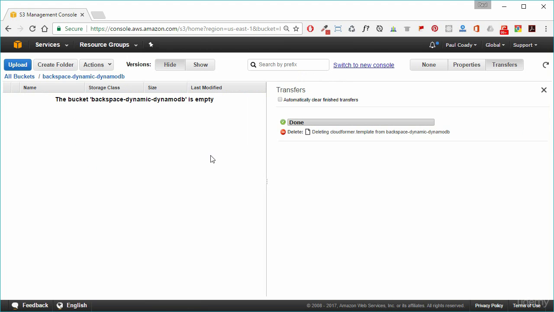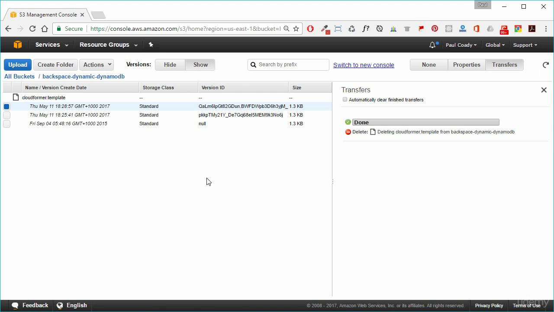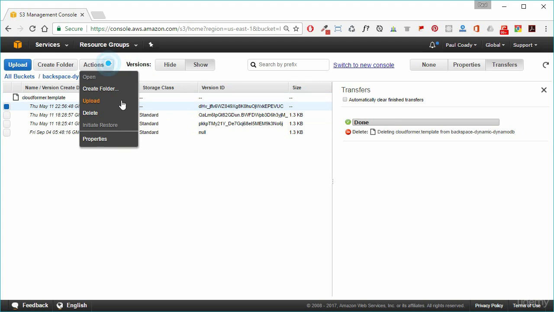Okay, so now our bucket is empty as before, and I just have to go into here and do show versions, and I'll just click on refresh on the screen. Okay, so when we refresh the screen, we can see there now that we have a marker here. So this is our delete marker. And so what that means is that if we delete our delete marker, we basically restore that deleted object. So if I just click on this delete marker here, and if I delete that,